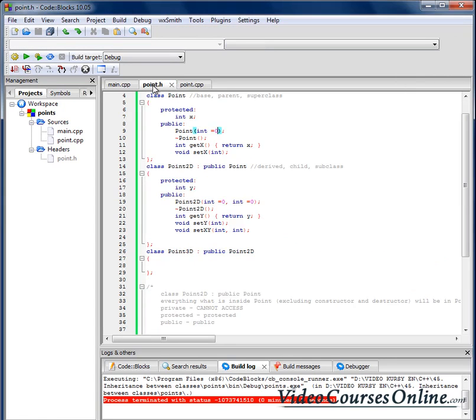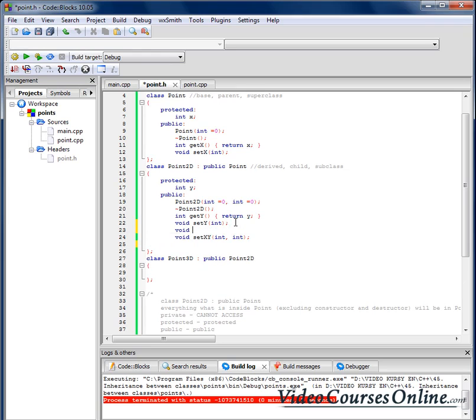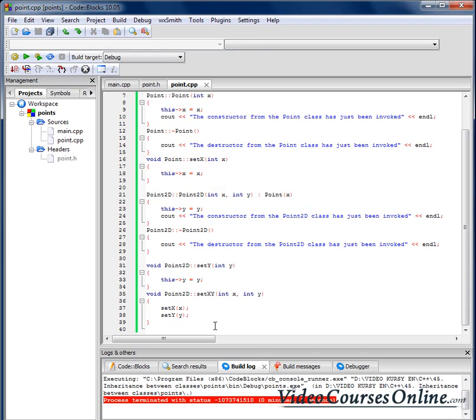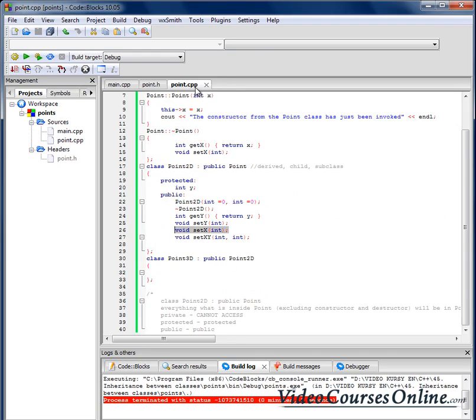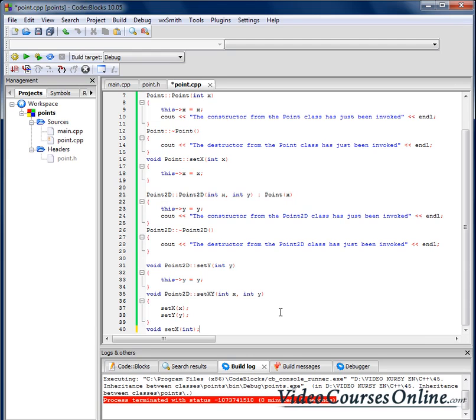Okay, now the last thing. I would like to have now changed a bit the function void set x. I want to change it a bit. I want it different. I don't want it to be like that here. So how to do that? Well, normal. I will just do something like that. Point to D,